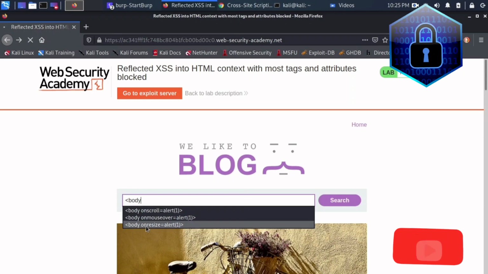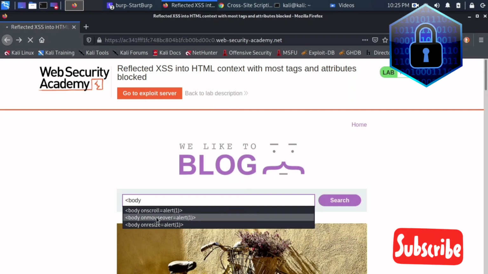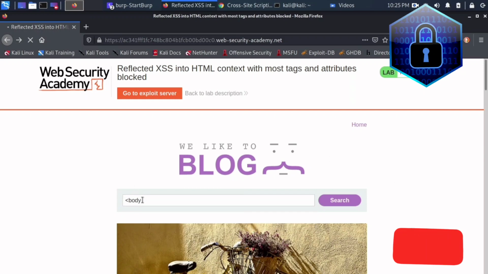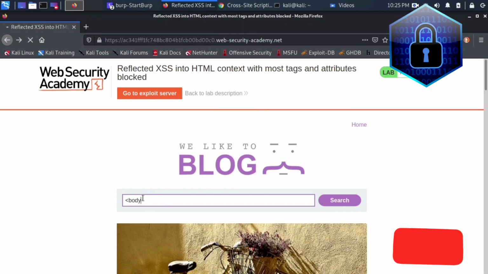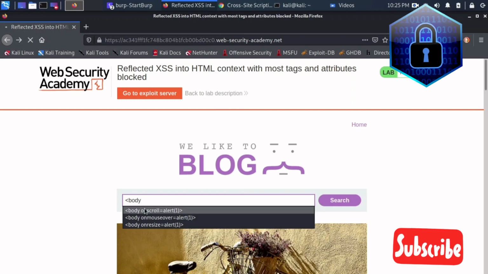If I use the onresize function, then if I change the size, it will show alert 1 again. This is how it works. So what I will do now is go here. We need all these formats.